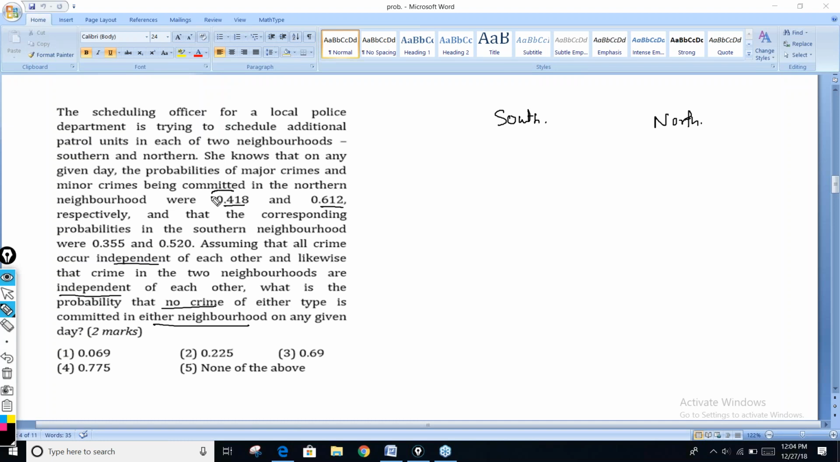So if the probability of a crime happening is 0.418, what is the probability that the crime will not happen? We'll subtract it from 1. So that is the probability for the northern region. I'll subtract 1 minus 0.418, the major crime did not happen, and likewise the minor crime has not happened. So in the northern region, no crime has happened. Similarly in the south, no crime has happened, so I'll subtract from 1. And because all the events are independent of each other, the total probability that none of the crime has happened becomes